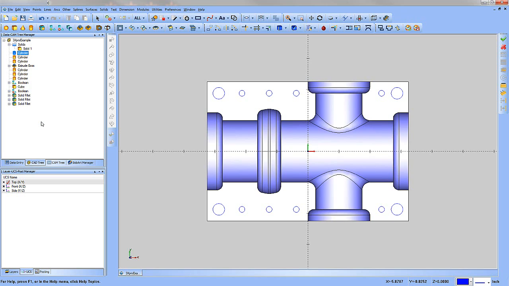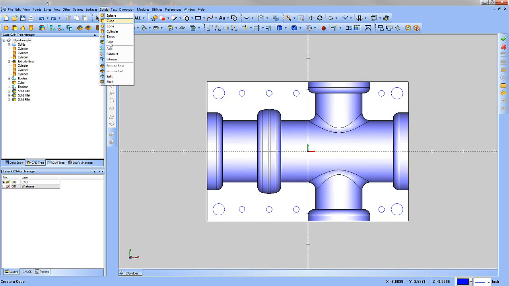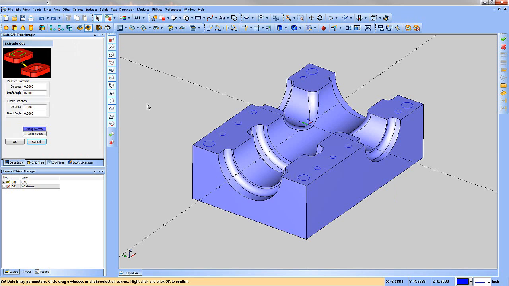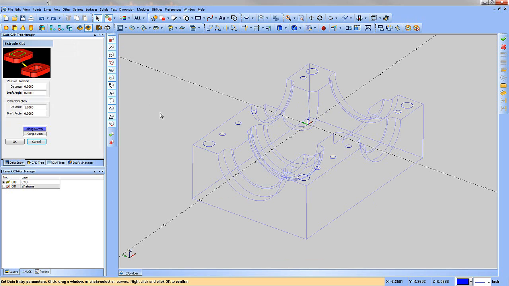And then if we cancel out of that function, the next thing we're going to do is an extruded cut. So we're going to go up to Solids, Extrude Cut. We're going to hit Control 7 to turn our part into an isometric view, and then hit the letter S while in the workspace to turn the shading off. So then we'll go up to this button here. We're going to click the Pick Match Color drop down and choose Pick Match